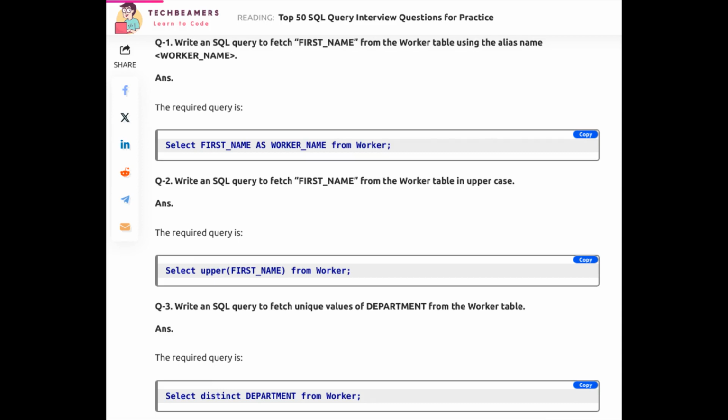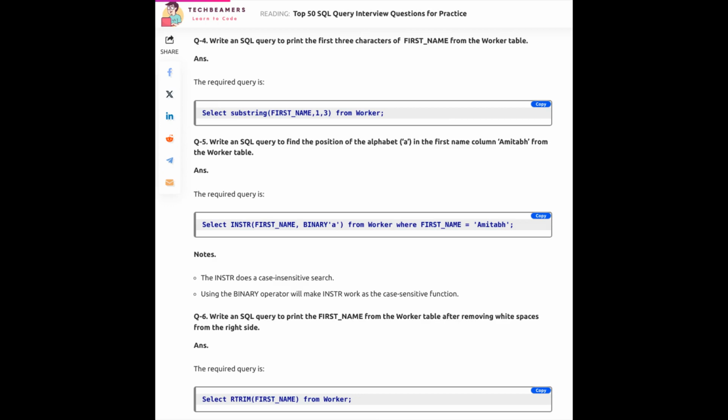Here, you have to select a worker's first name, display it in uppercase, and fetch unique values of the department. Exercise 4. Write an SQL query to print the first three characters of first name from the worker table. Exercise 5. Write an SQL query to find the position of the alphabet A in the first name column Amitabh